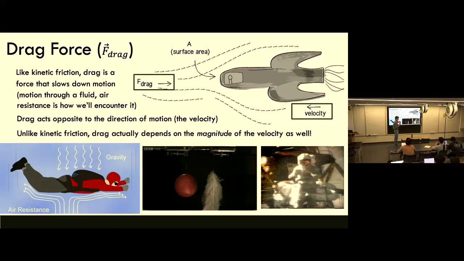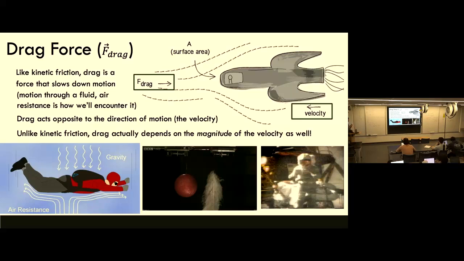The force of drag actually depends on the velocity itself. So the force of drag, we'll find out, if I send the water bottle through the air like that versus sending it through the air like that, has very different force of drag. It actually depends on the velocity. Very, very weird. So in terms of the types of things that differentiate drag from friction, it's basically the fact